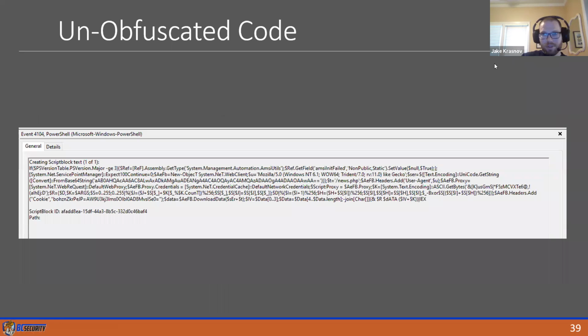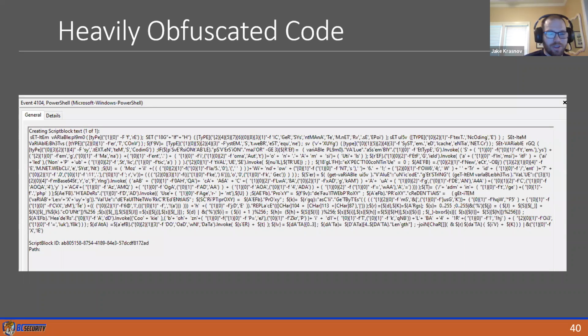If you're a SOC analyst trying to look through hundreds of logs a day, and lots of that's PowerShell, and you see this pop up, I think a lot of us here would recognize this immediately as an Empire payload. But if you're a new SOC analyst and you hadn't seen it before, it doesn't necessarily immediately jump out to you as malicious. Whereas if you see this in a log, there's really no reason for